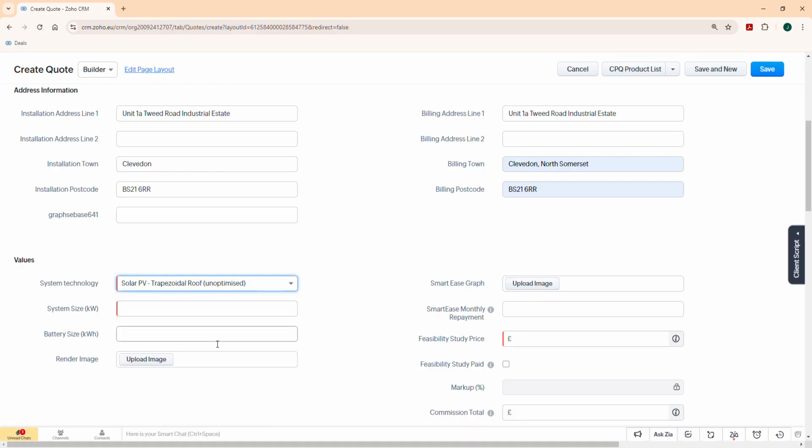So I'm going to click that one there. But remember, it's a mandatory field. Next thing is going to be the system size. Okay, so if you're working on a system size in a pre-sale situation, so you're looking to create this for